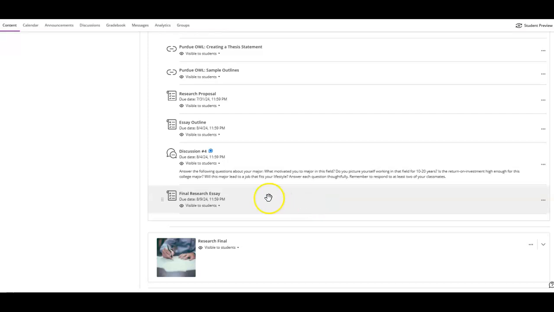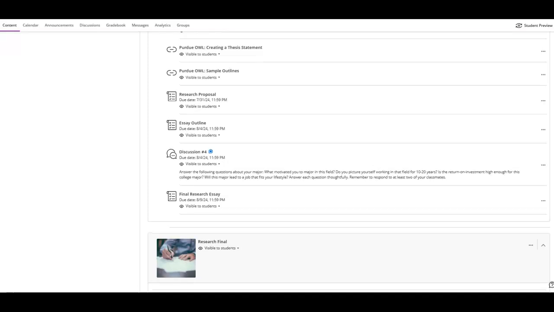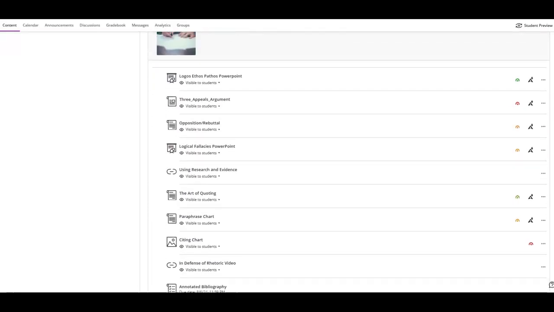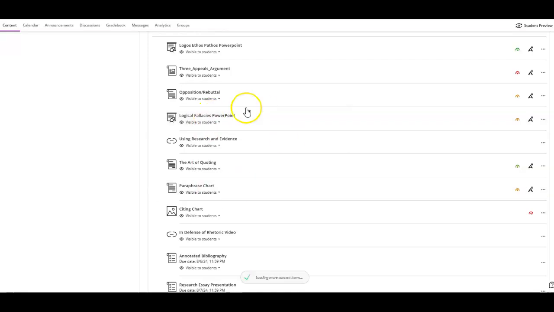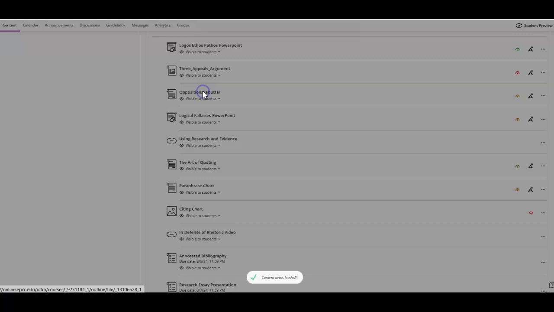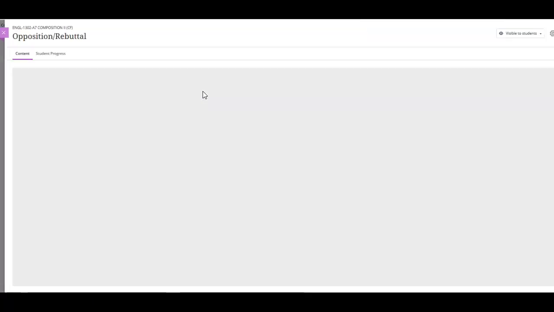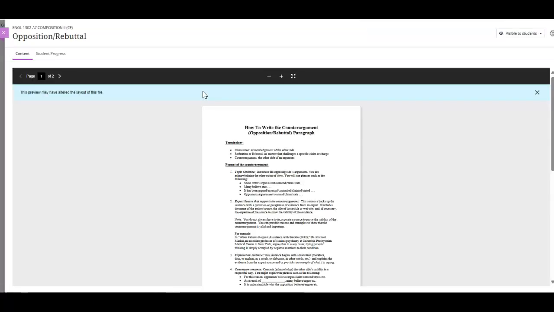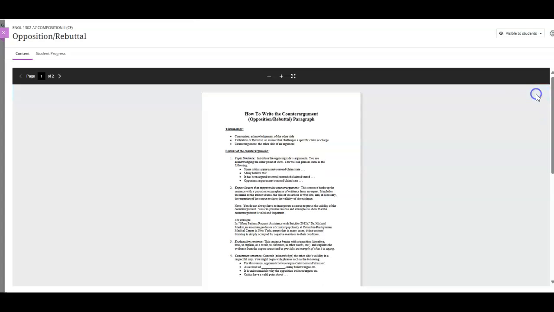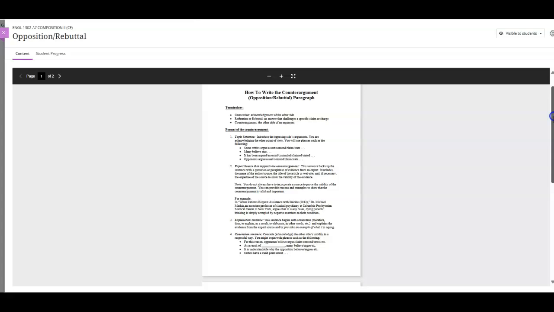Okay, we covered the essay instructions, the essay outline, the proposal you guys already turned in. Now, next week, there's a lot of really good information here too. An opposition rebuttal, which you're going to need to include in your essay, an opposing argument. Basically, that should be towards the end of your essay, probably the 1 or 2 paragraphs before your conclusion. You should include an opposition paragraph, meaning,